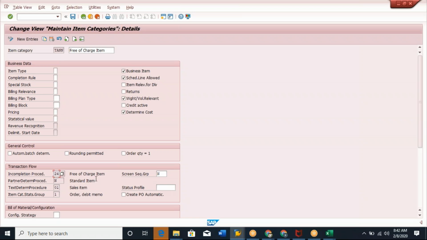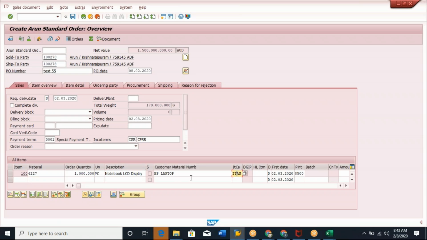the incompletion procedure. That means for this item category item, what fields are mandatory and what fields are optional during the sales order processing. That incompletion procedure